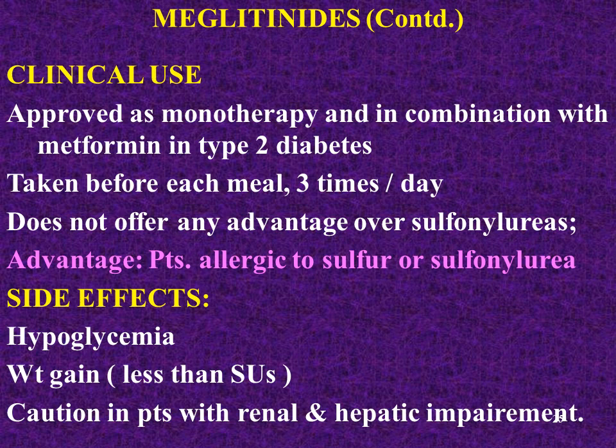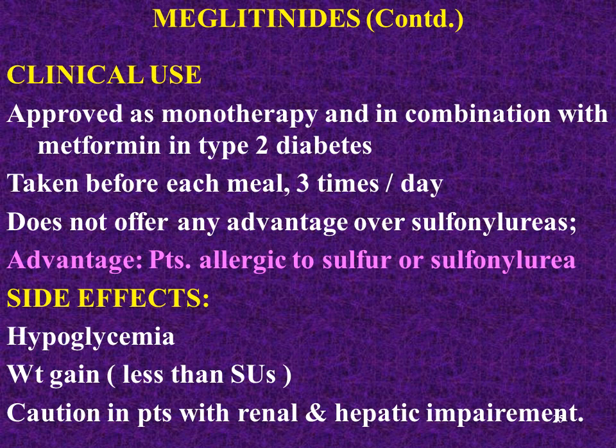Sometimes a patient is obese, sometimes thin and lean. We have covered sulfonylureas, and as you can see in their adverse effects, they cause weight gain and hypoglycemia. So in an obese patient, you will prefer biguanides, which is metformin, because they are euglycemic and cause weight loss, whereas sulfonylureas cause weight gain. So in a thin, lean patient, you will prefer sulfonylureas.